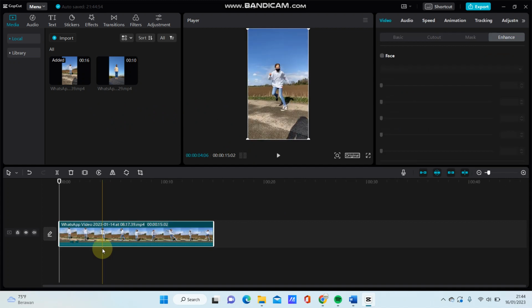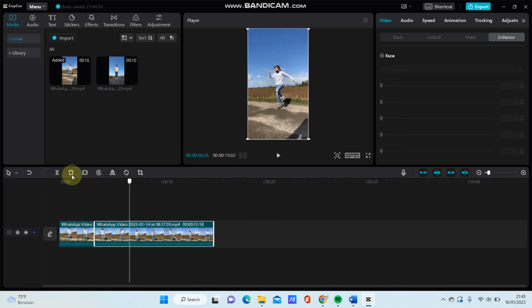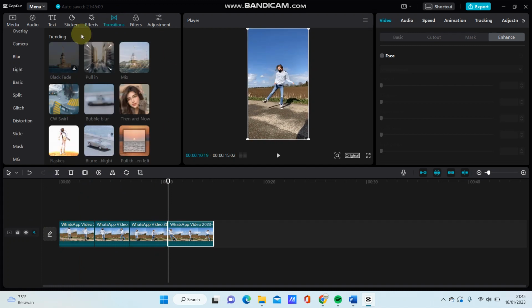Because I only added one video, I'm going to split the clip into some parts. Just tap on split, like so. And to add transition, just tap on transition,